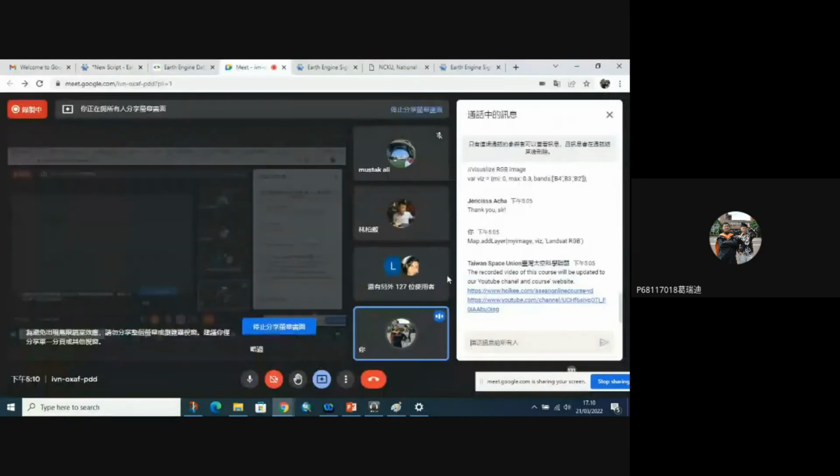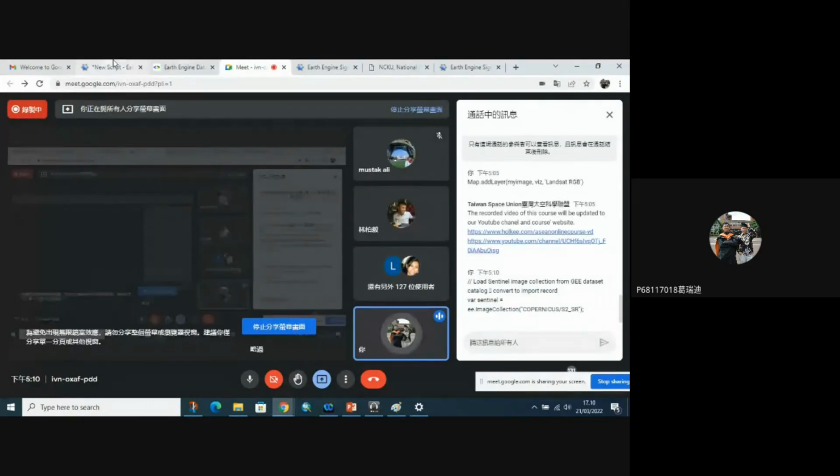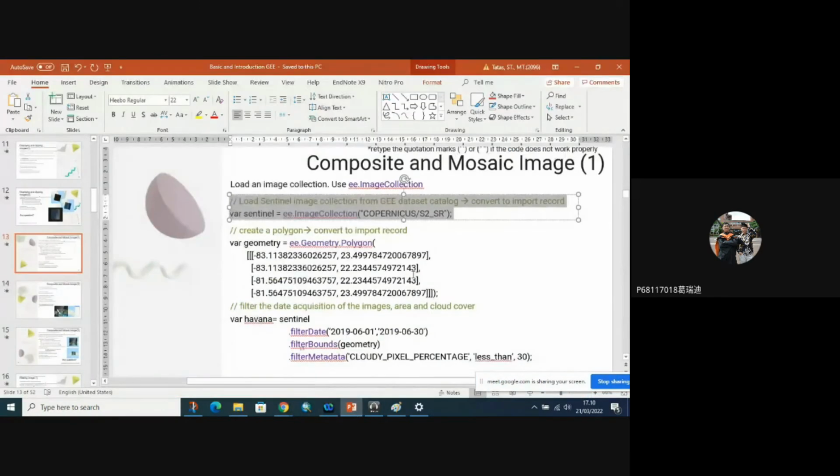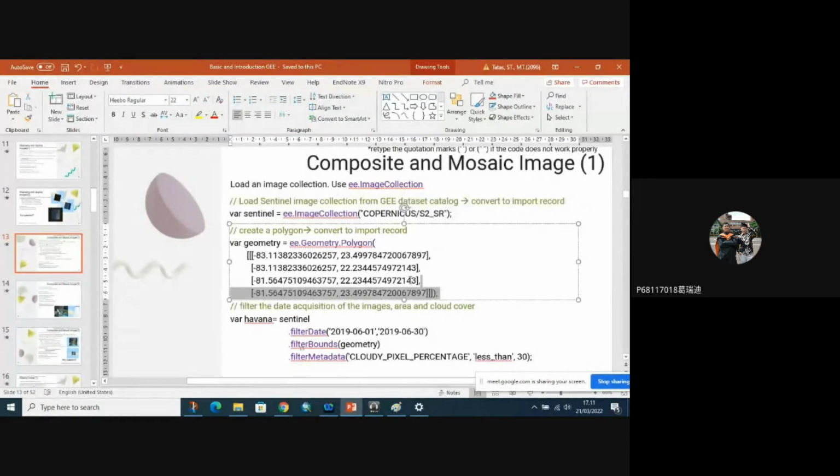Okay, first I will show. Then load the Sentinel images. Yeah, if there are no warning notifications in the code, it means it worked properly. And then make a polygon. You can use this polygon or create a polygon wherever you want. I want to use this polygon.